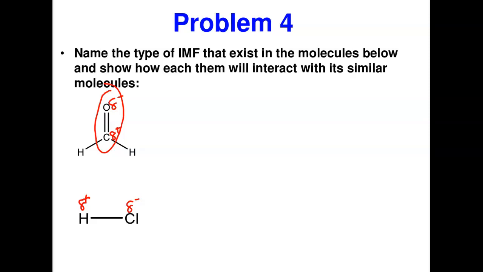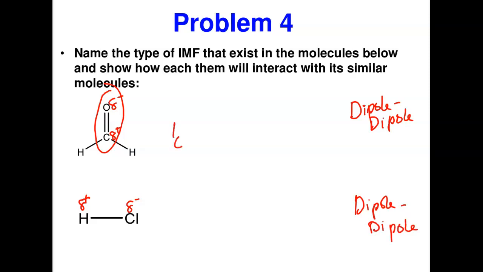So you see, name the bond for both of them. It's going to be dipole-dipole. So yeah, I'm going to name it here. So this is going to be dipole-dipole for this. This is also going to be dipole-dipole for both of them. However, let me draw how they occur. So if I want to draw this, let me draw this one. So if I draw this one this way,